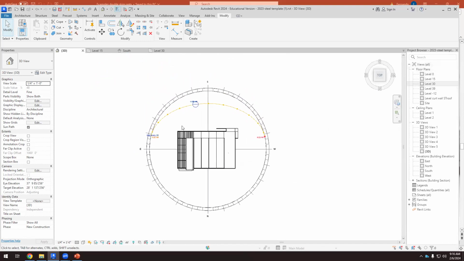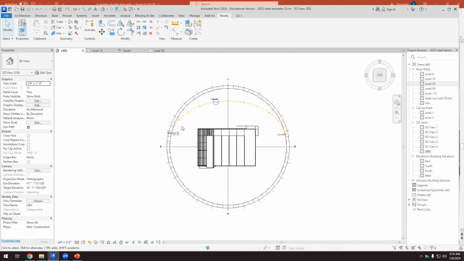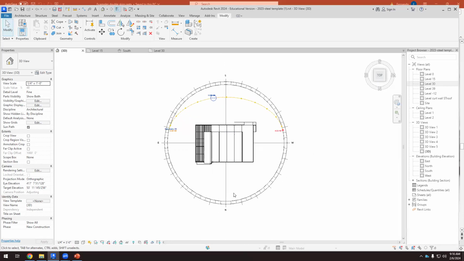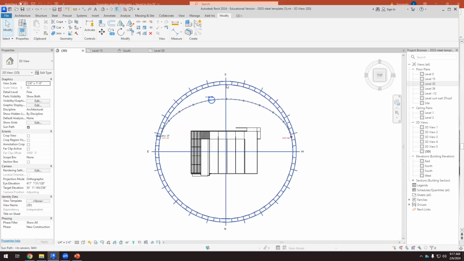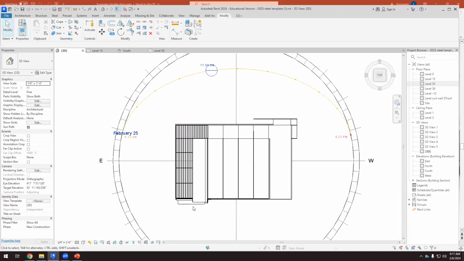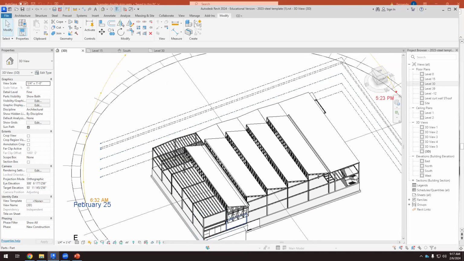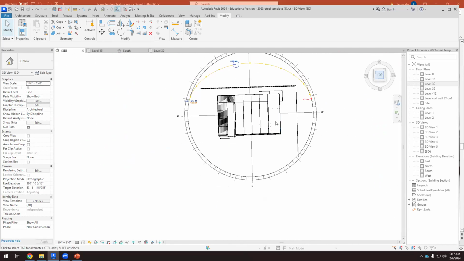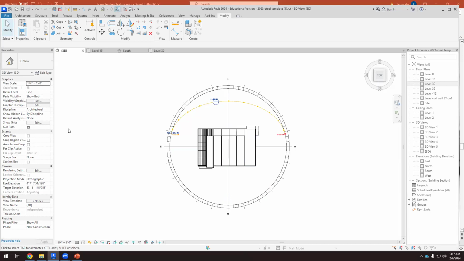I can select everything, rotate everything, but that will give us a lot of problems. So I'm going to change the north of the drawing. We should do this at the beginning of the design process. But imagine that we are here. We found out that we have made a mistake when it comes to the orientation of the building. And I want this to be the south facade and not the north. So we're going to do it. First,